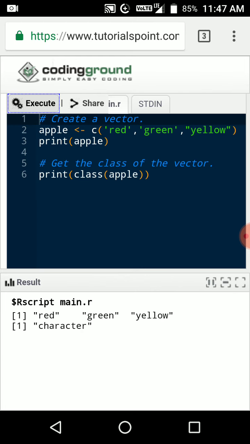These are the characters red, green, yellow of the apple vector. With the help of the print statement we are printing the vector, and we identify the class with the class function. Class of apple is printed with the print statement. The output is red, green, yellow, and the class is character.